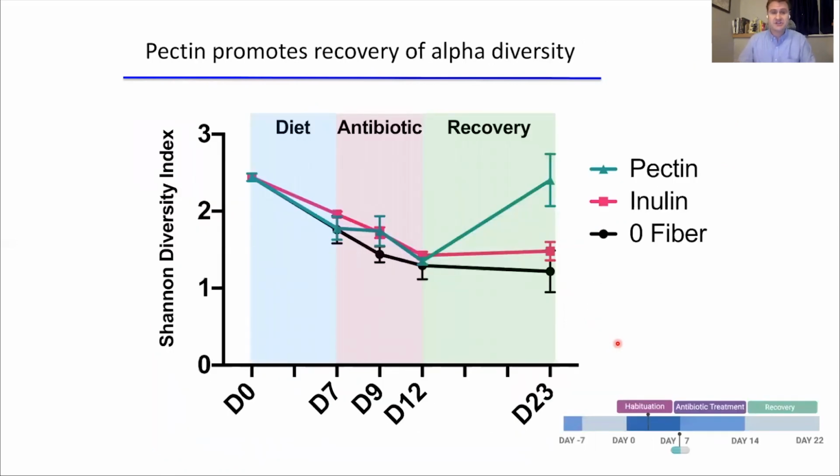In this case, she gave 2 different fibers to the mice before antibiotic exposure, and looked at the composition of the microbiome before, during, and during the recovery after the antibiotic, in this case amoxicillin. And what she found is that when we give just a single fiber, pectin doesn't really change the reduction in microbial diversity over time, but it does promote recovery after treatment. So these mice recovered their microbiome composition more rapidly, at least the diversity.